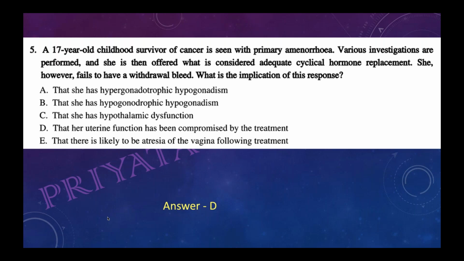After that, they are giving hormones. If all tests are normal and hormones are given, but the uterus is not responding, there is no withdrawal bleed. So it cannot be hypo or hyper or anything. When a patient comes to our clinic and all hormones are normal, we give withdrawal. If their uterus is fine, they will have withdrawal bleeding. But if, in spite of normal hormones, there is no withdrawal bleed, that means the endometrium is at fault. Okay, ma'am.